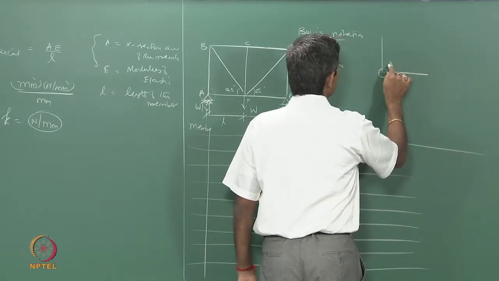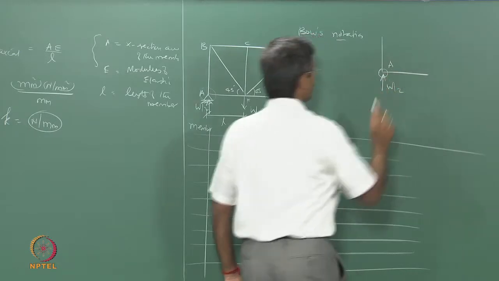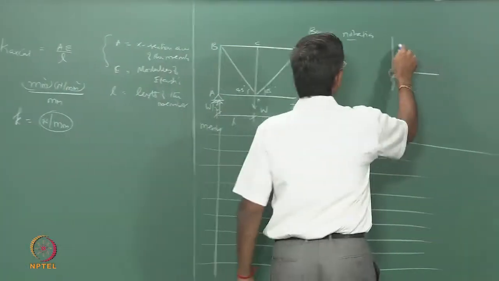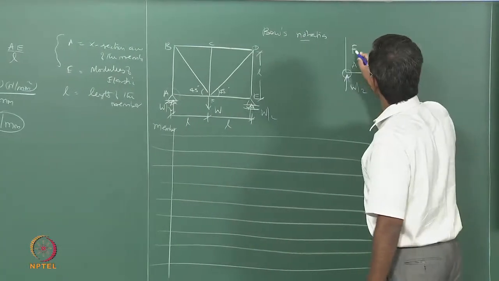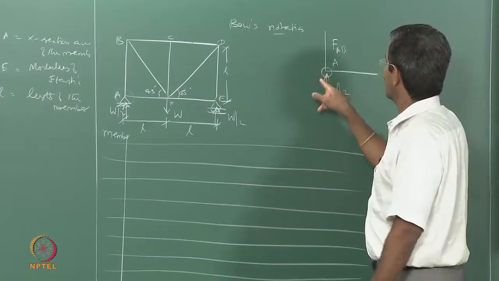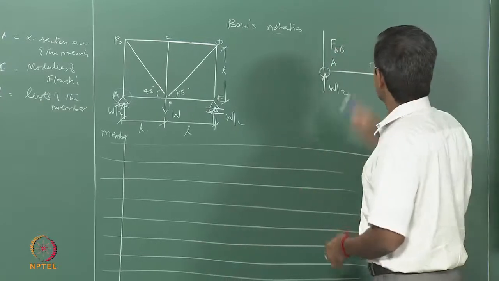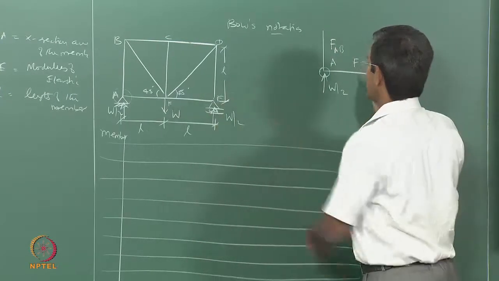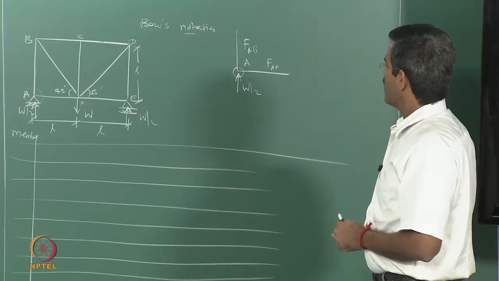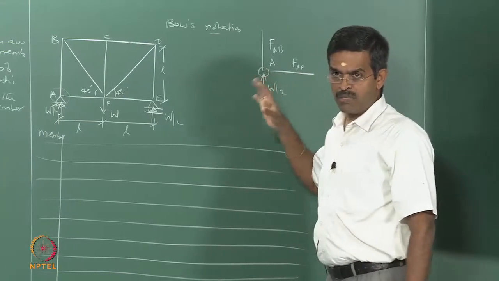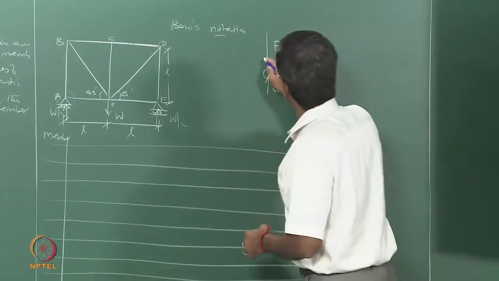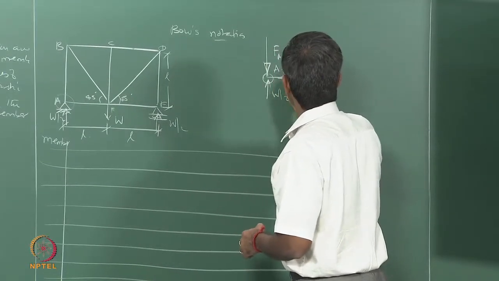This is node A. I have an external force W by 2. I have a nomenclature. I write force in this member, force AB. One can write force BA also, does not matter. Since I have taken the node A, I am writing AB. Okay. Similarly, this will be obviously force AF. So, I am going to make an algebraic sum of these forces. Algebraic sum means there should be a sign convention. I have to have a nature of these forces. I can assume anything. Let me say I am assuming this as compressive, this also as compressive.